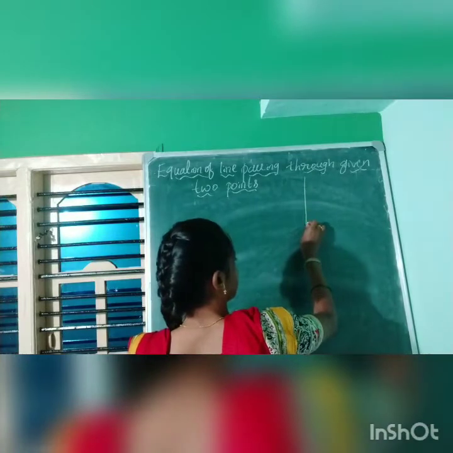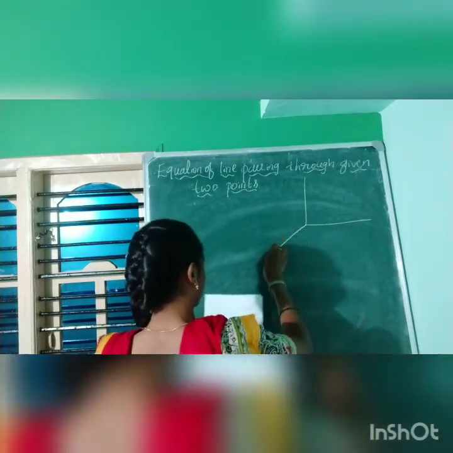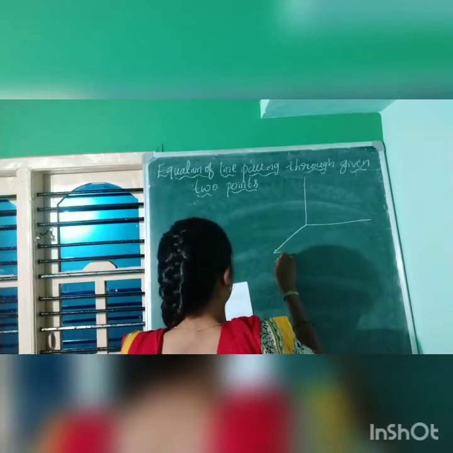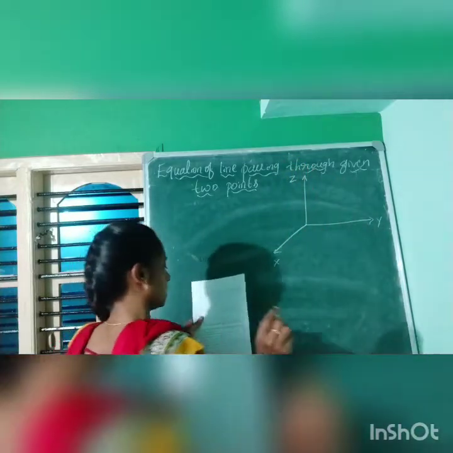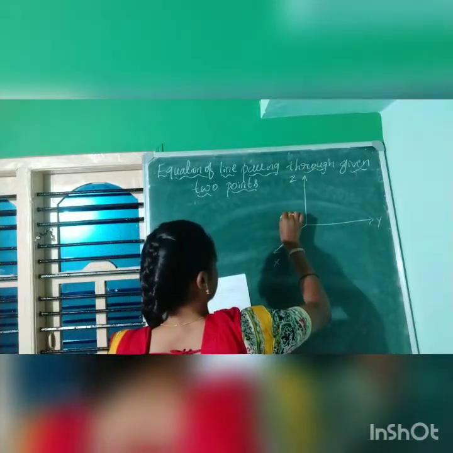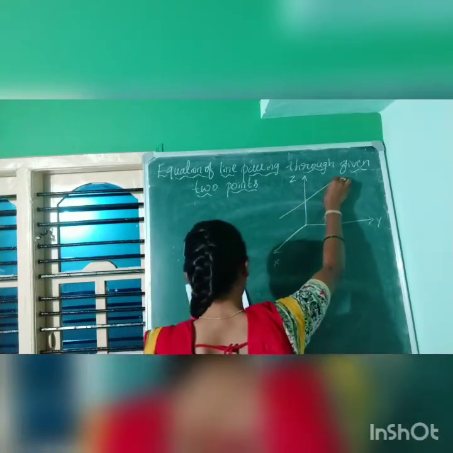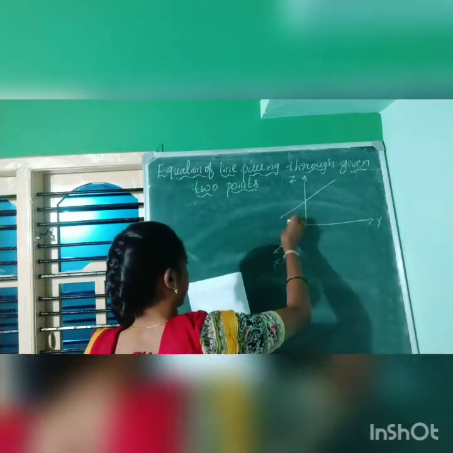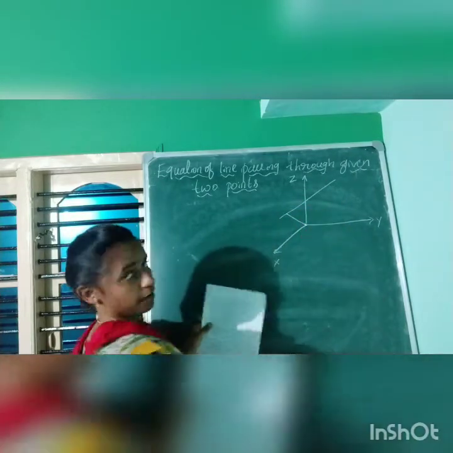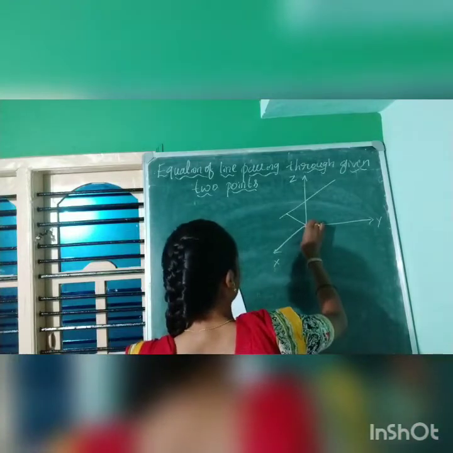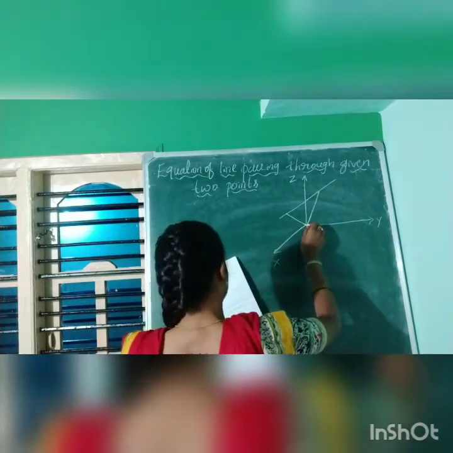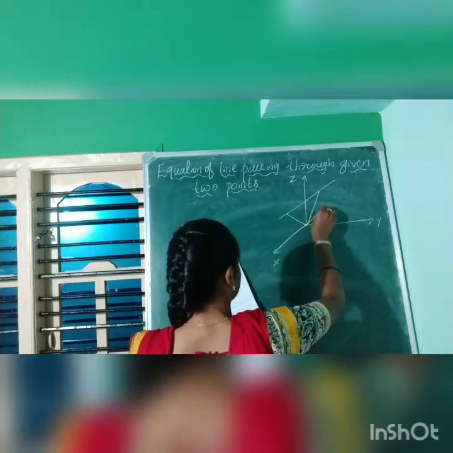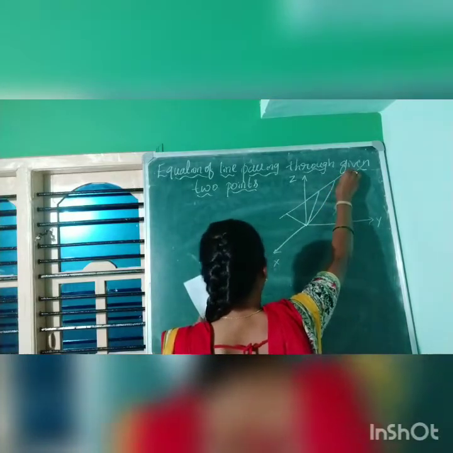Okay, I'll just draw the figure for this. In a three-dimensional space, there is an x-axis, y-axis, and a z-axis. There is a line. I just consider this a directed line, and from the origin I consider a point A. Again, from the origin to this directed line, I consider another point P. Next, there is another point in between. I just take that as B.